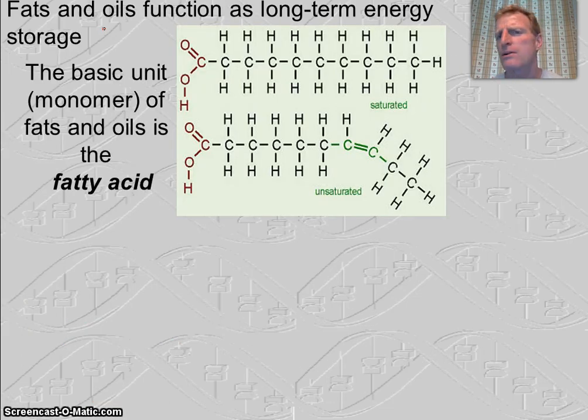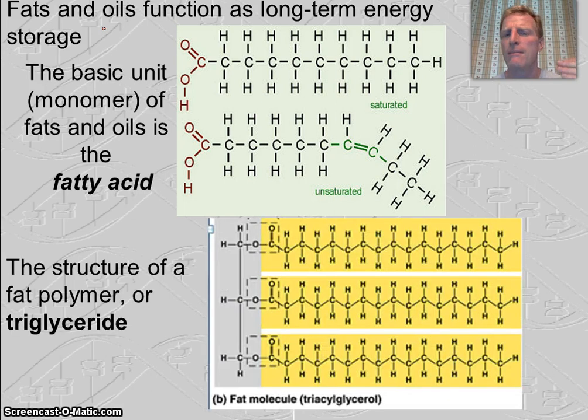Okay, so the two main types of, or the basic unit that we see in fats and oils are fatty acids. One of them is called the saturated fatty acid, and the other is called an unsaturated fatty acid. And we put them into these polymers. In this case, the polymer is only 3 fatty acids connected to a glycerol, and it's called a triglyceride. So the basic fat molecule is 3 monomers or 3 fatty acids attached to a glycerol backbone, and we call